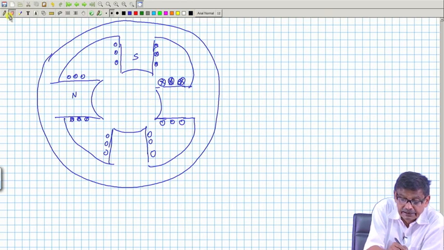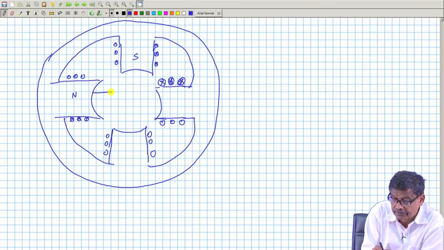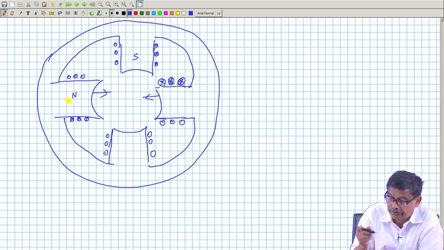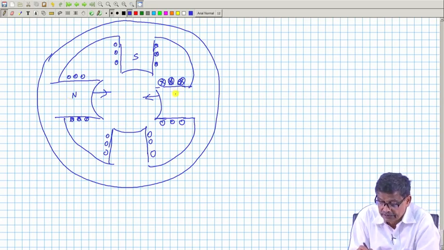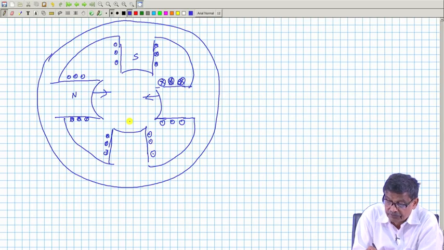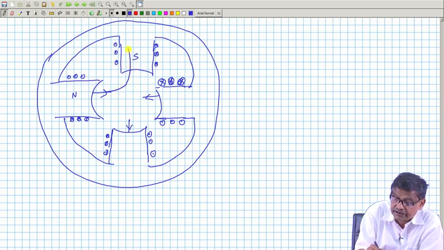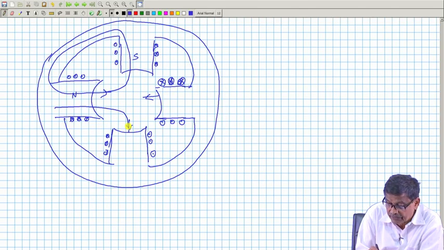That is, here lines of force were coming out, here also lines of force will. So, alternately you have to create the poles, north, south. Here it is north, there I want to make it south. So, it must be cross and this should be dot and lines of force will go in. So, lines of force will complete their path like this, north, south, north, south,